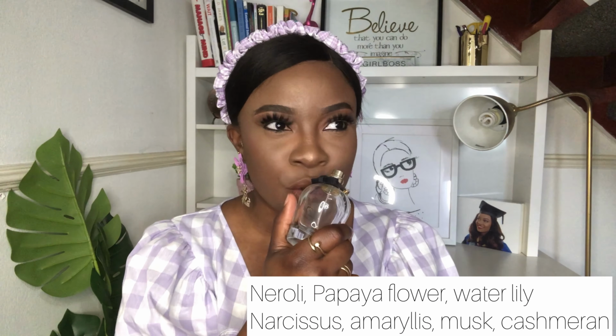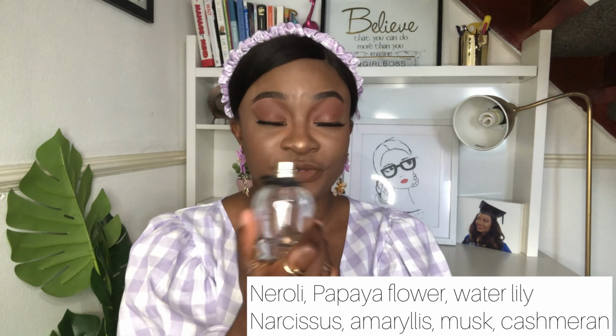It's got some neroli in it. It's got some white flowers in it. I can't speak, Priscilla, breathe. It's got some white florals in it. It's quite sweet, it's quite floral, it's quite beautiful, it's quite subtle, it's quite mild. I just think this is really perfect for summer. So yeah, next fragrance is a very